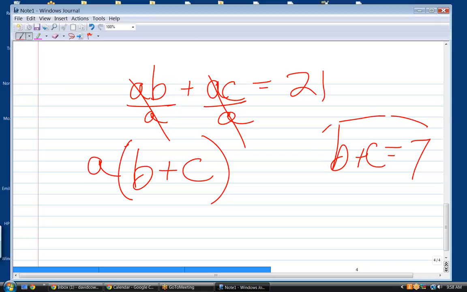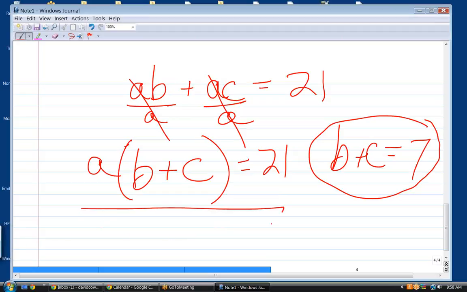Well, now we know that B plus C is equal to 7, and we know all of this is 21. So what's the next step? If B plus C is equal to 7, then how can I solve that for A? Well, first of all, substitute. So we have A times, instead of B plus C, I'm going to write 7